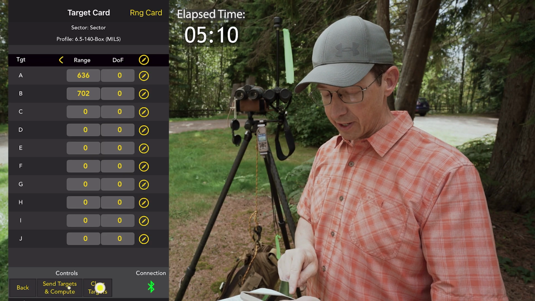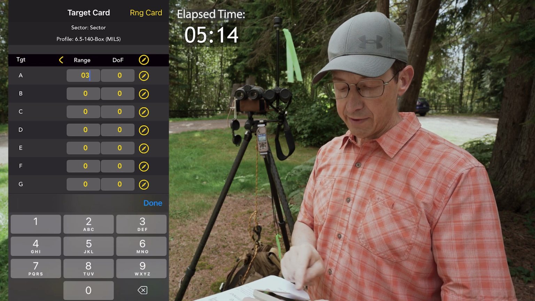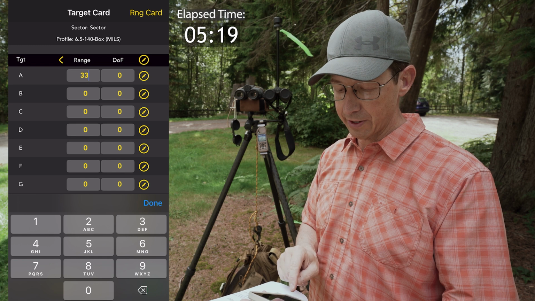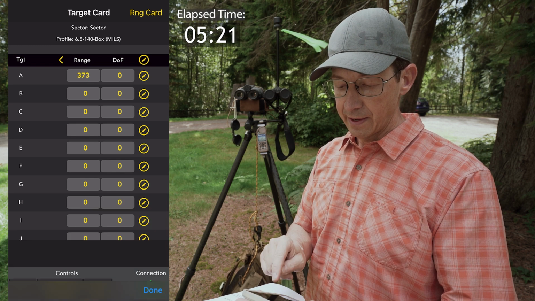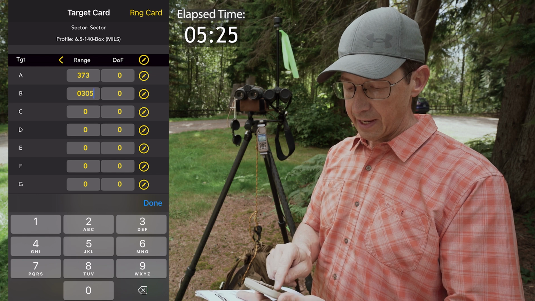So let's go ahead and go edit targets, clear targets, yes. 373. Oops, I missed it, didn't I? Make sure you put your data in correctly. 305 and